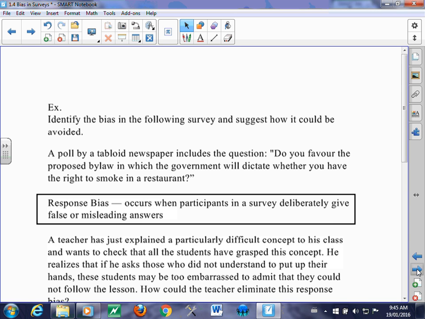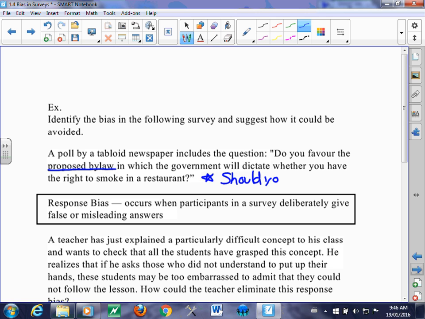Identify the bias in the following survey. A poll of a tabloid newspaper includes the question: do you favor the proposed bylaw in which the government will dictate whether you can have the right to smoke in a restaurant? Well, the problem is they use all this jargon and load it up with the proposed bylaw, so it gets you thinking about it. But really, folks, to remove that bias, it should say something like, should